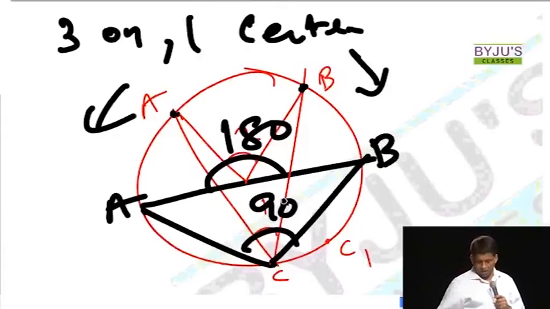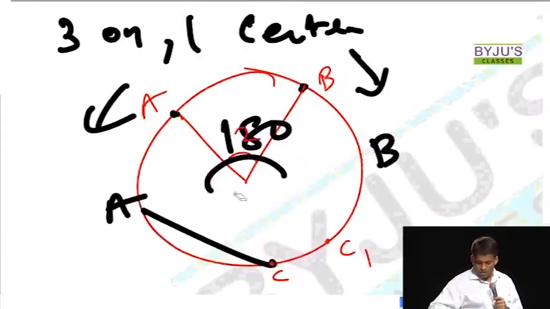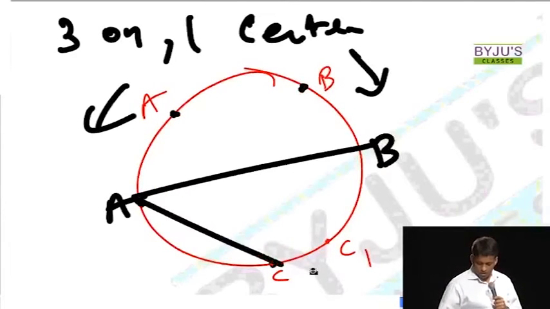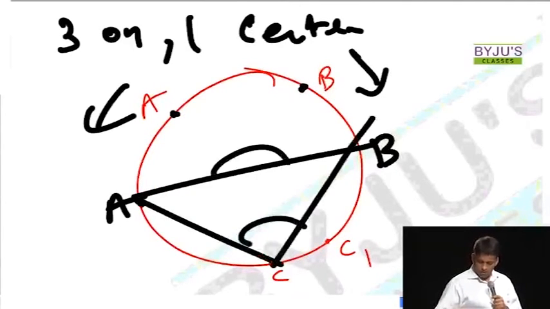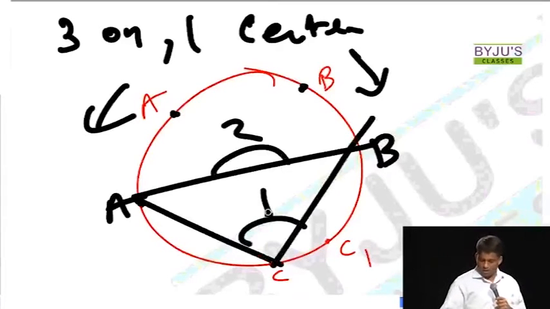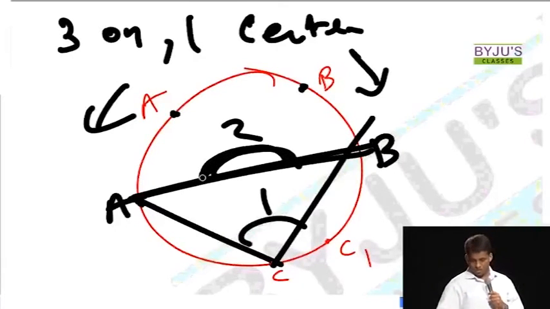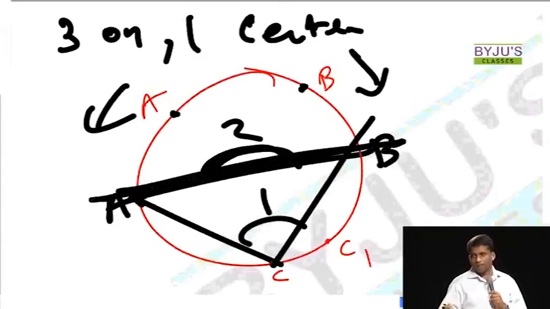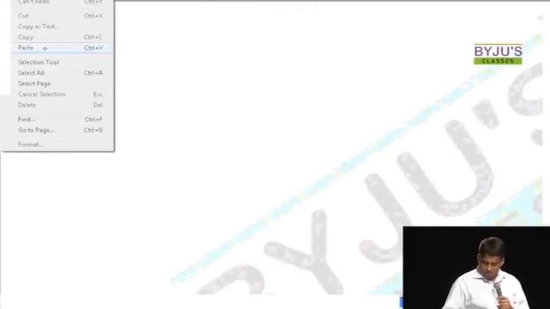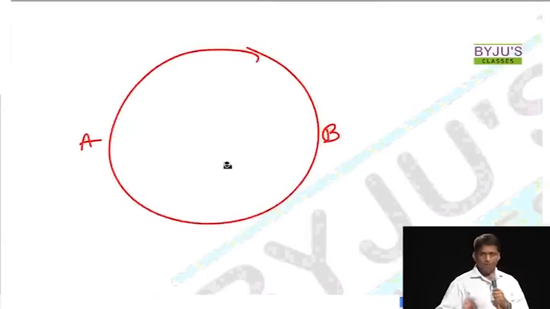You will prove everything. Right now we are discussing 3 on the circle and 1 inside, right? 3 on the circle, 1 inside. So this is 90, this is 180, so this will be 90. There is nothing new in that. It's the same 2 by 1. But a special case where we know that it's 180 because it's a straight line. Now, from the same diagram, if you think further, I'm not teaching you anything, this is how you should ideally learn.